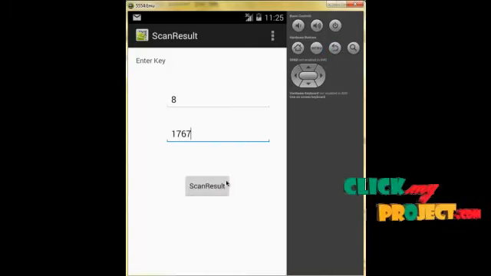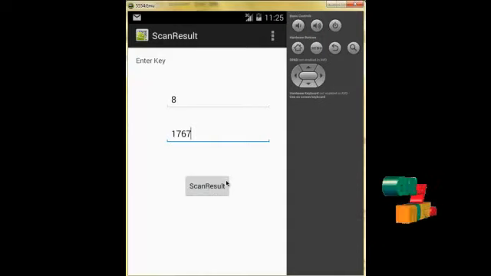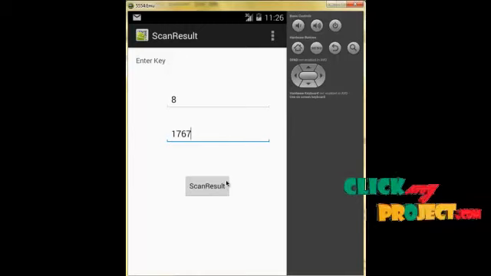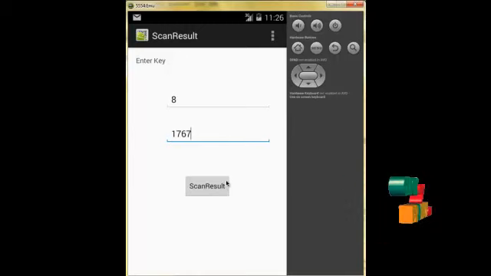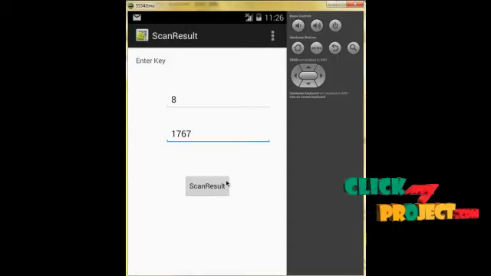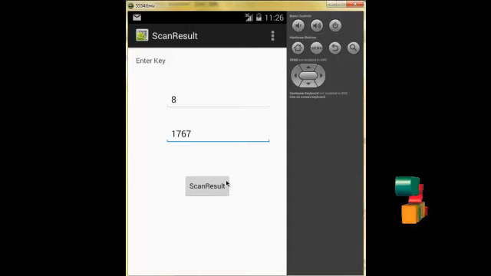When we click on the scan result, it will go to the scanner reader, the QR code reader. Our emulator does not contain this QR code reader. When we run this on an Android phone, it will work.